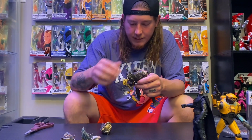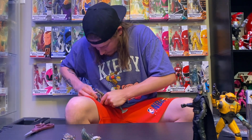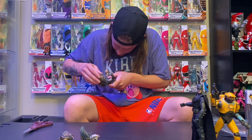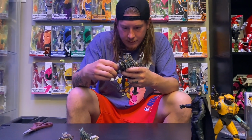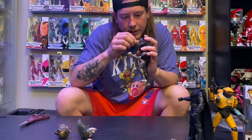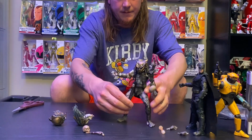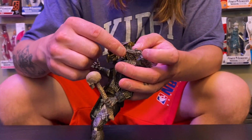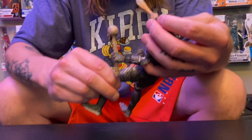Put his necklace back on. We'll see if we can get the head back on. There we go. I almost think I might leave it off. But does this go in here? Wow, I feel like this gun is crazy loose, though. That's not bad. Yeah, see, because I didn't want to push on it, because it definitely goes in the gun, but this gun's joint, look how loose that is already. Yeah. I feel like that's what I'm going to end up breaking. It's because you try to put that in, but